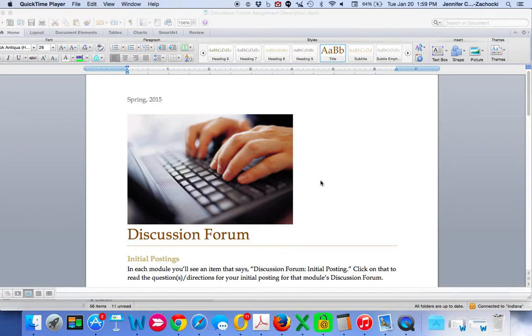To show you really quickly how to add an image to a Word document and make the text in the Word document go around that image. So what I've got here is the discussion forum assignment description, and I've just added a picture, an image, up here. And right now I've added it just the way that it was already formatted, the way